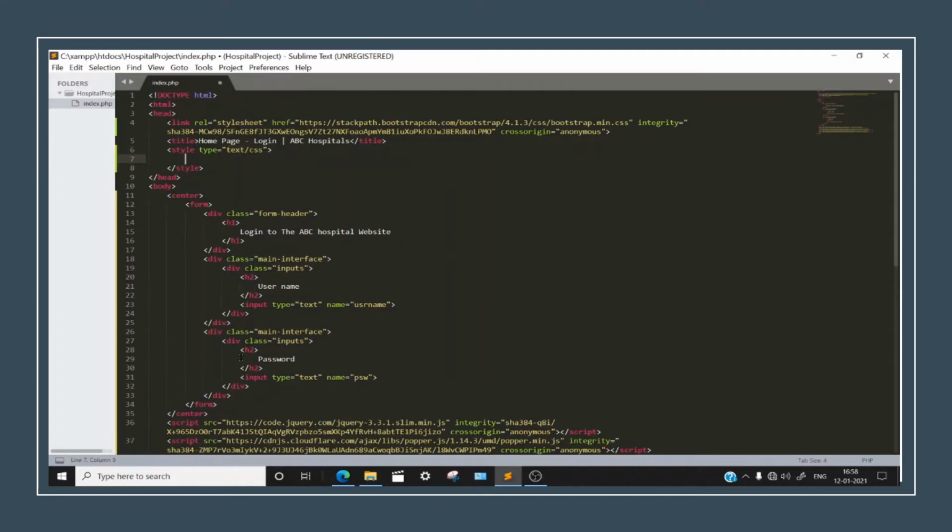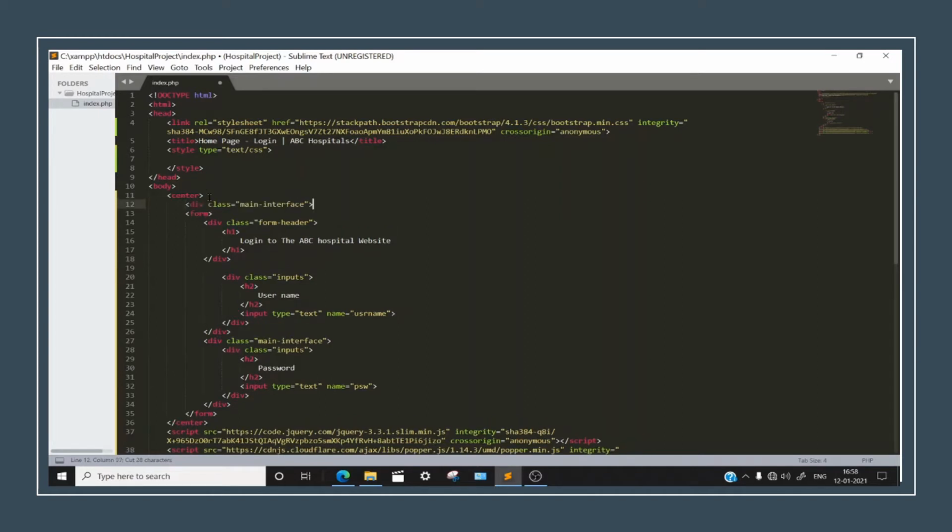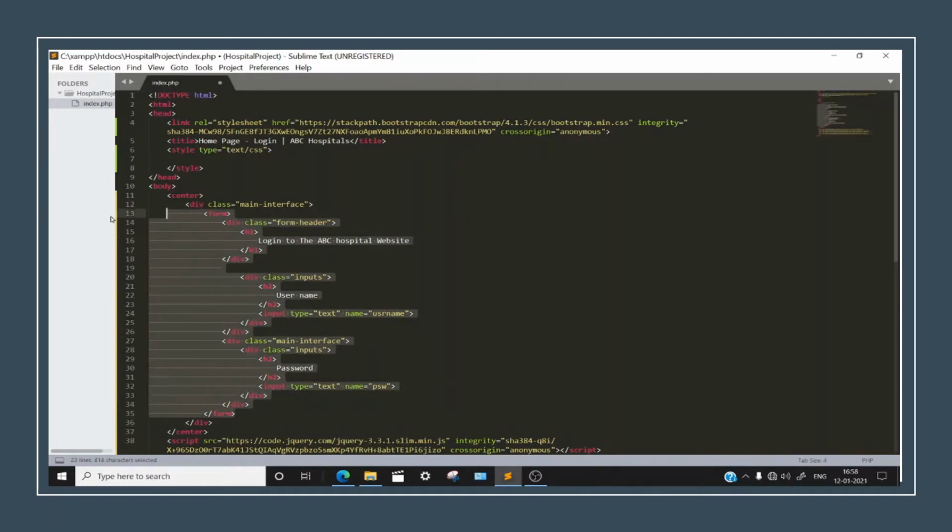You can see that we have made these headers and divs and divs and divs. It's really a bit difficult. Just remove this from here and paste it here, because we will need to use all these things down there.